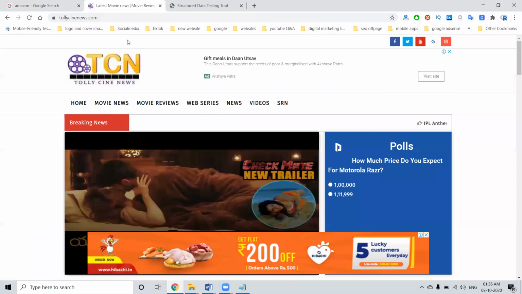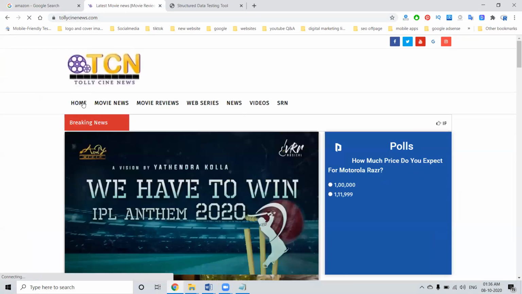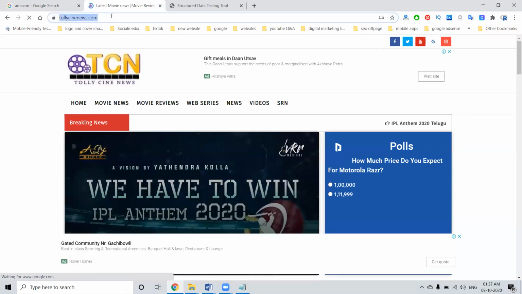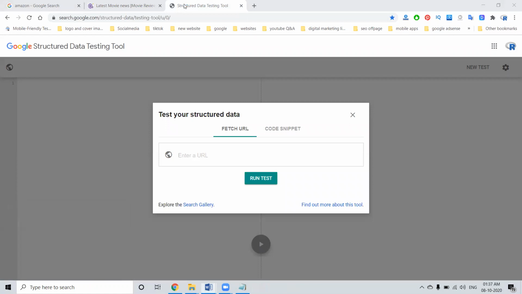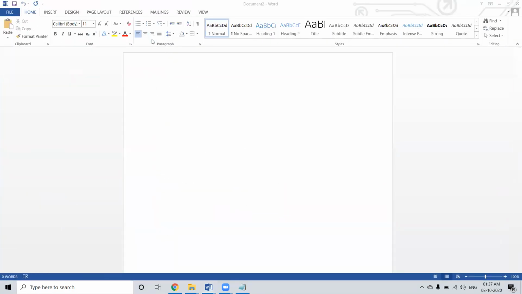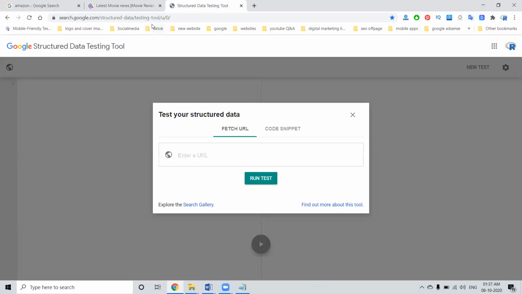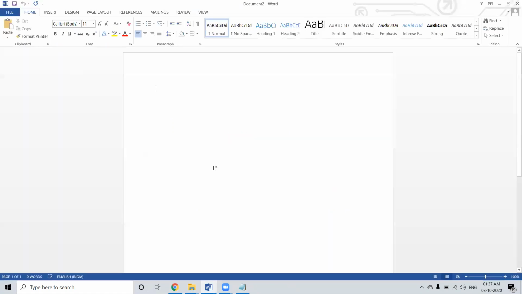So how do we add this option, as seen on news portals? How is it added on a news portal? First of all, how to check? For checking, we have to use one website name. We have to write the website name here. This is the website name, and no worry about that. We can search for the structured data checker also.